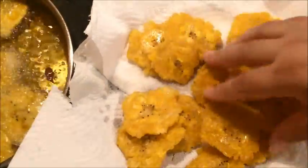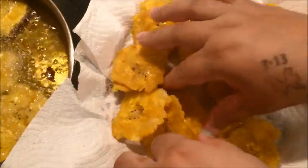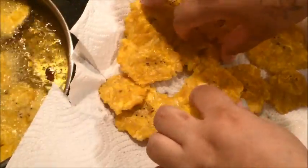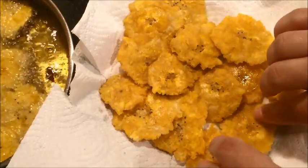It really feels like chips, feel that? Oh my God. I should taste one, right? This is the first time I'm doing this. I did plantain chips, but not Tostones like this. Okay, so